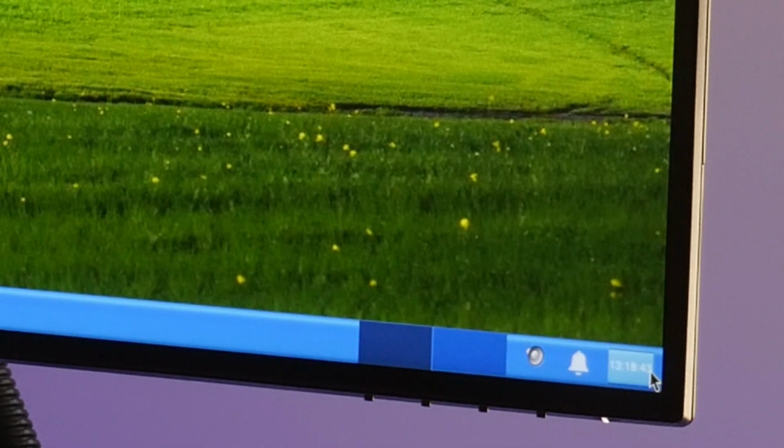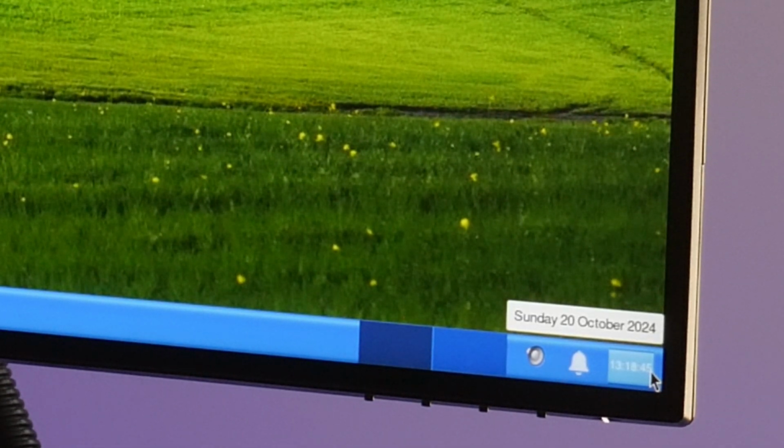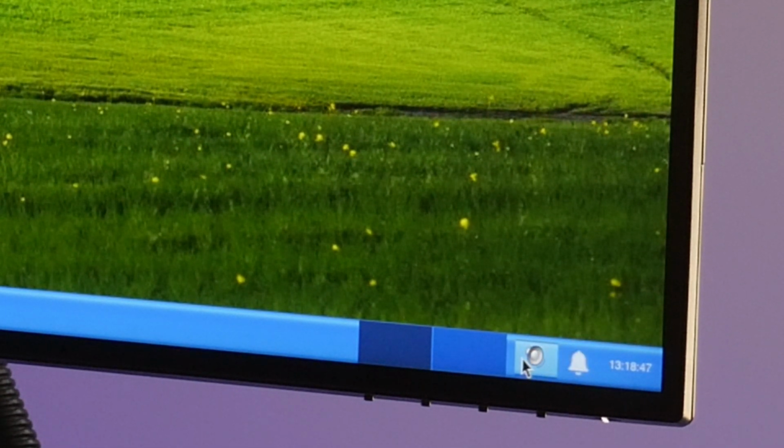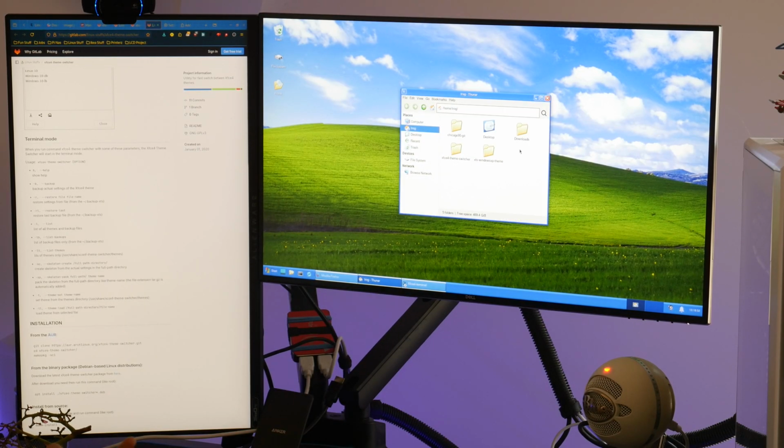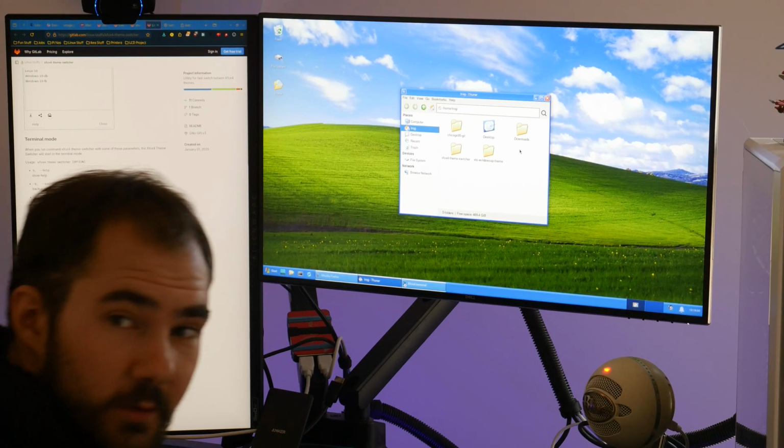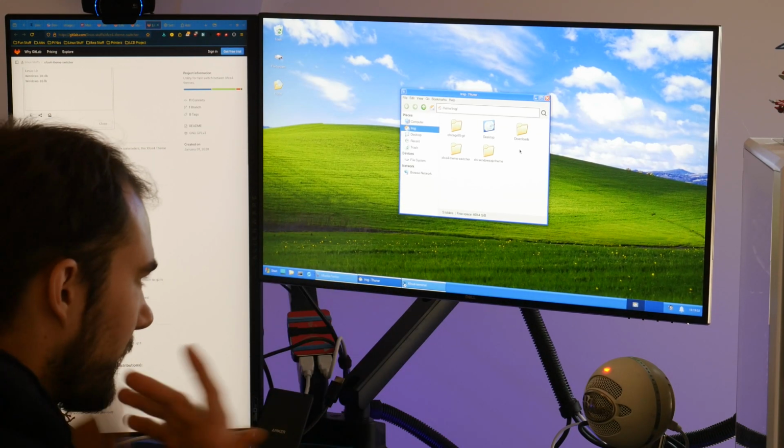But at least it has this down here, so that's pretty cool. Notifications. Volume. My switcher thing here. File system, home. But to be fair, we did run into the one theme not working,